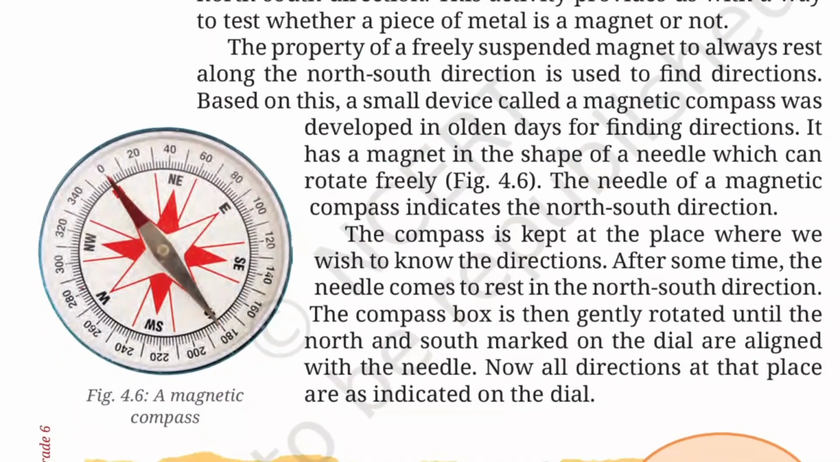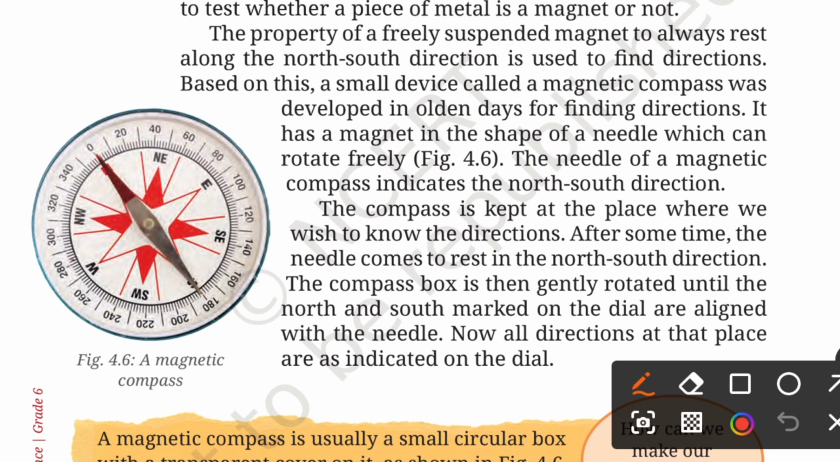The property of a freely suspended magnet to always rest along the north-south direction is used to find directions. अब देखिए क्वेश्चन फिर बन रहा है. How is a magnet used to find direction? So the property of the freely suspended magnet to always rest along the north-south direction is used to find directions. ये आपका आंसर होगा. Based on this, a small device called magnetic compass was developed in olden days to find